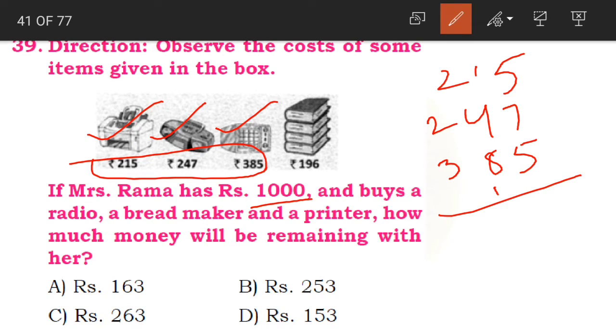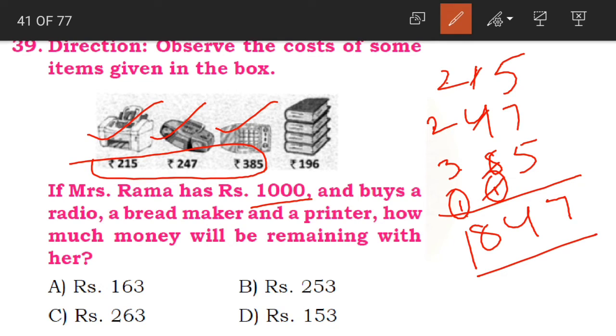Here 5 plus 7 plus 5 17. 1 carry. 1 plus 4 5. 5 plus 8 13. 13 plus 1 14. Again 1 carry. 2 plus 2 4. 4 plus 3 7. 7 plus 3 8. Now what is this, children? This is the total expenditure. He is buying goods worth 847 rupees.